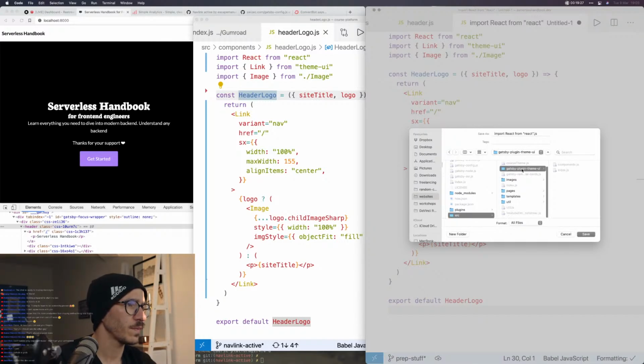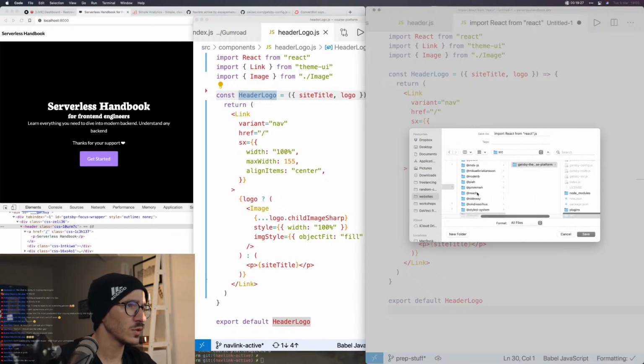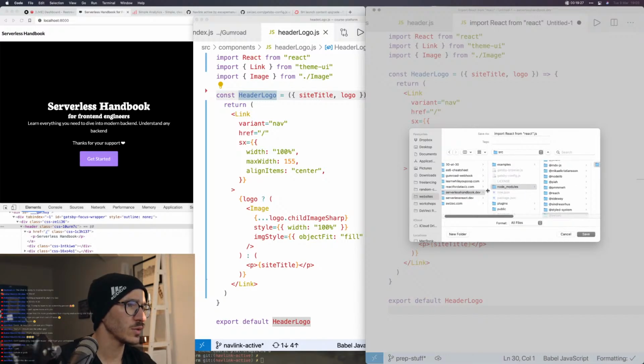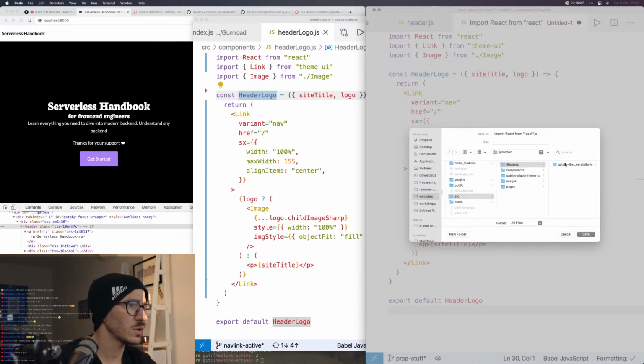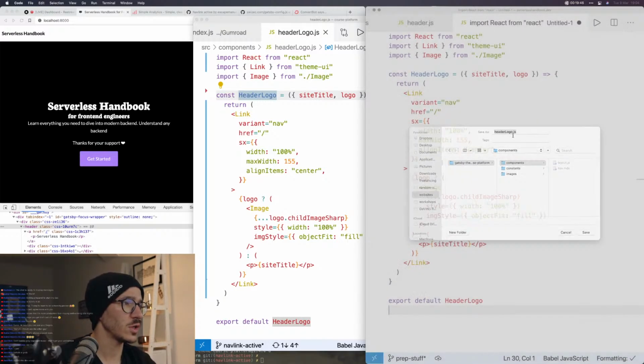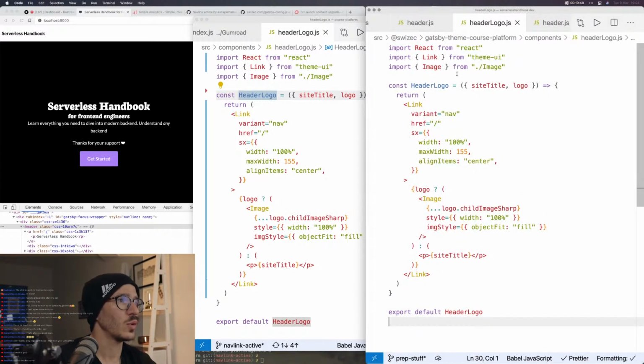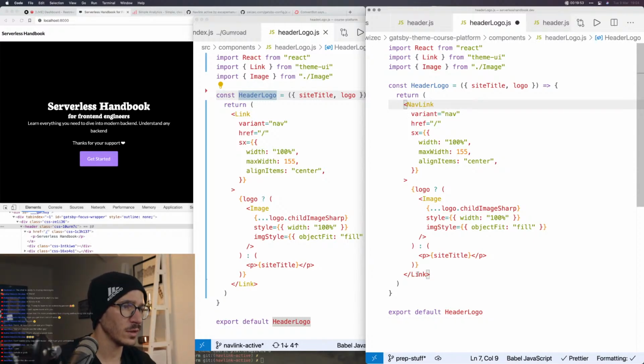Wait. Source. Oh, I knew I was in the wrong place. So ServerlessHandbook.dev. Source at Swizzle, Gatsby theme course platform components, and we say that this is header logo.js. Cool. So we got header logo, and we're gonna change this to a nav link,